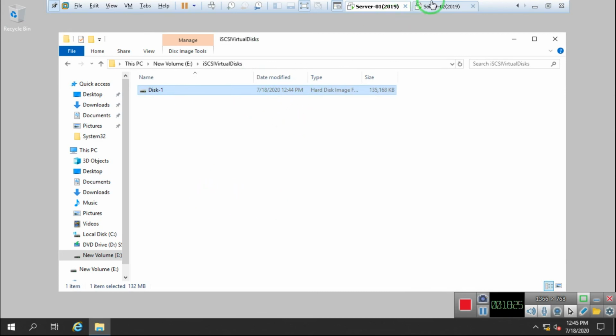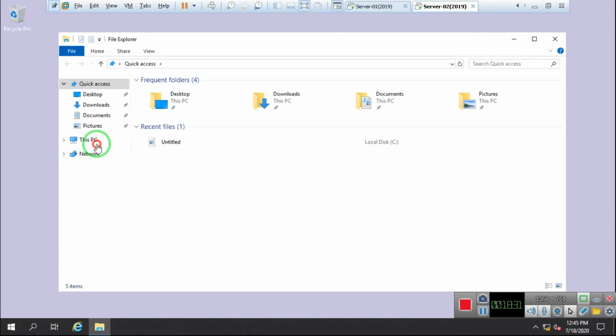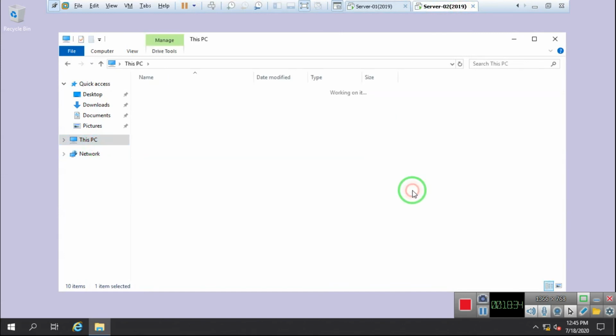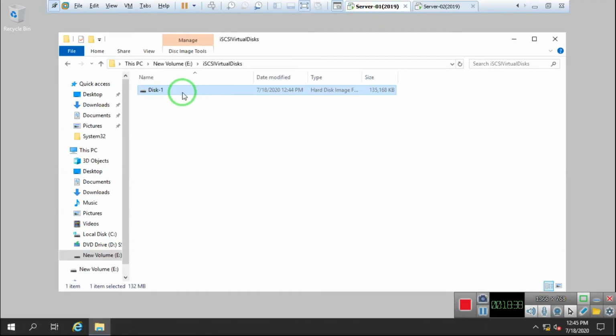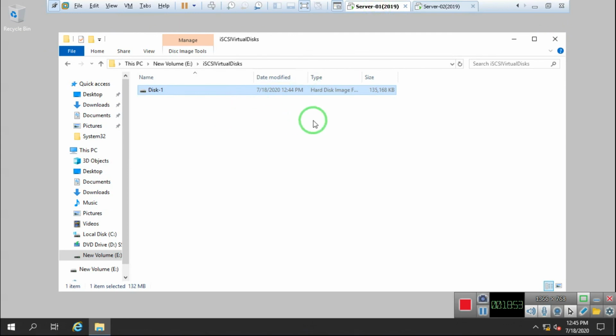Whatever I save in server 2, in this E drive, is saved in server 1, in disk 1. Imagine that my file is deleted or corrupted, or my disk is not working properly; with the help of server 1 I'm able to recover it, because it's already there.